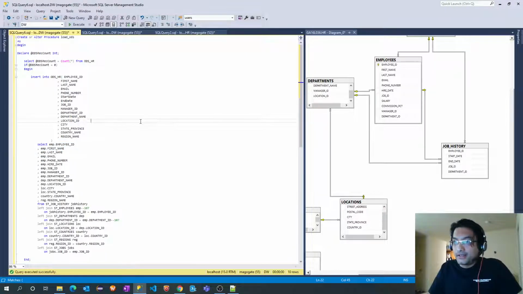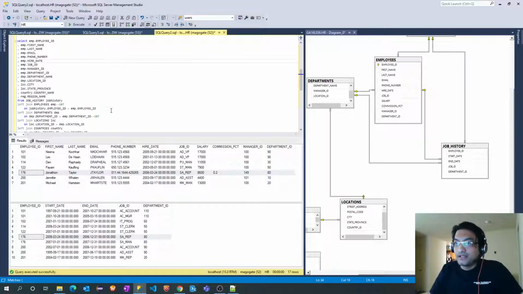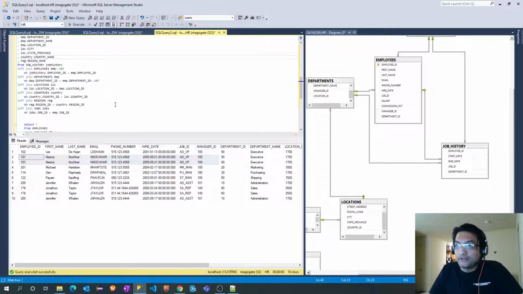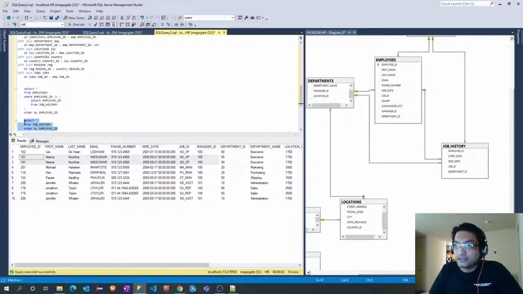Okay, and another small change: as I told, I will have start date and end date here. So instead of hire date, I will do that as start date. Oh, okay, one more thing. What I missed was, let's look at these records. If I run this query, I am seeing Nina Kochhar as additional VP. Let me run this again.